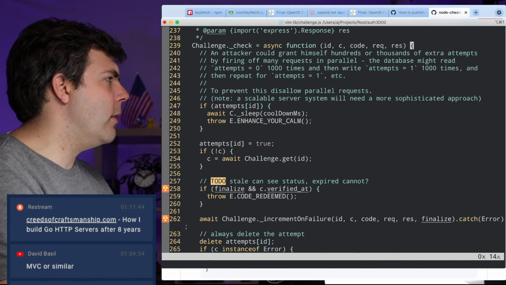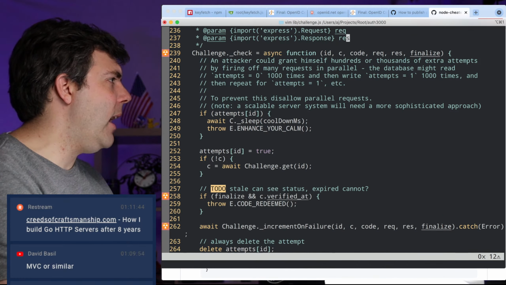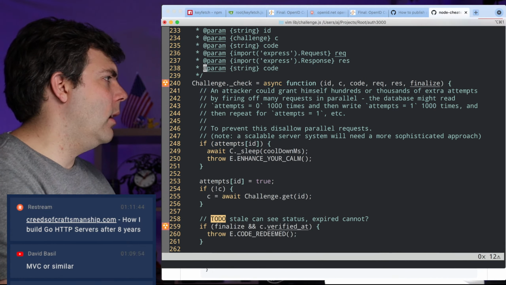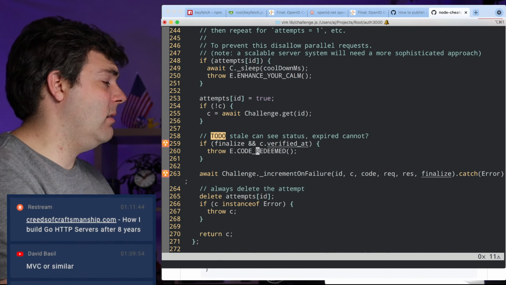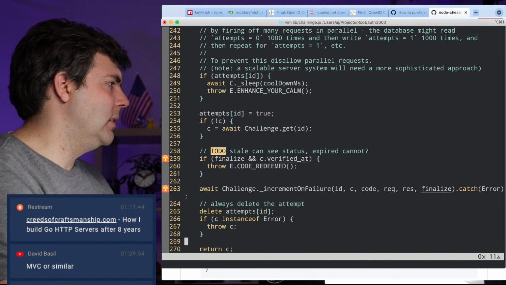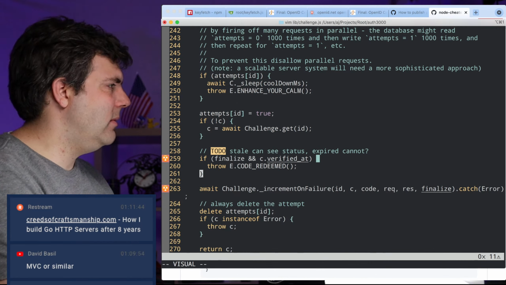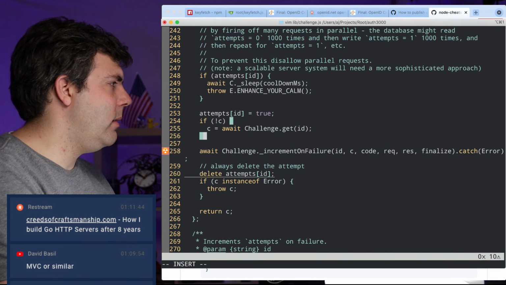Oh man, I don't like it when 1, 2, 3, 4, 5, 6. That's a heck of a lot of parameters to be passing into something. There's just a lot of state here. I don't like it. But I don't know if there's much of another way I'd want to do it.